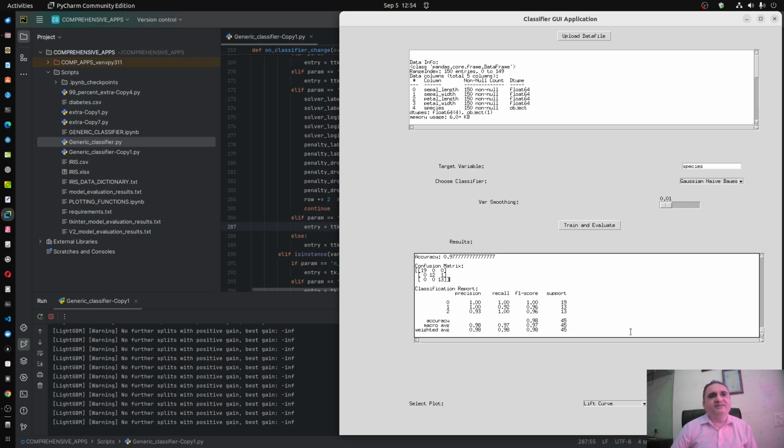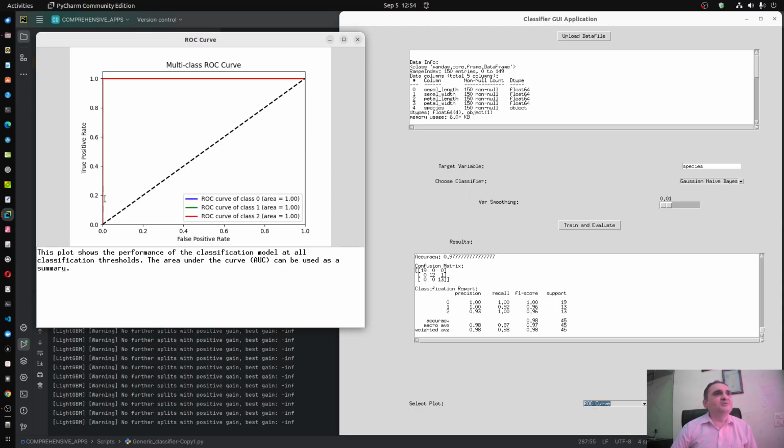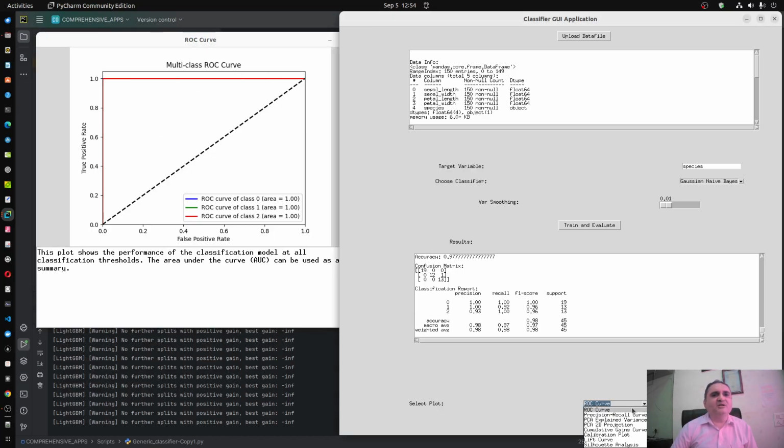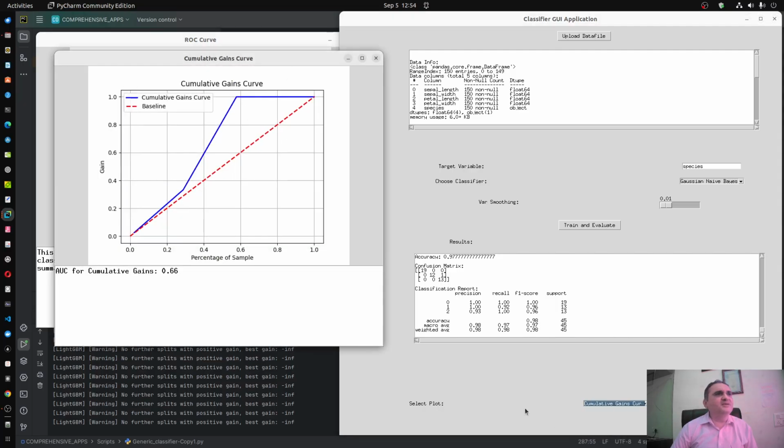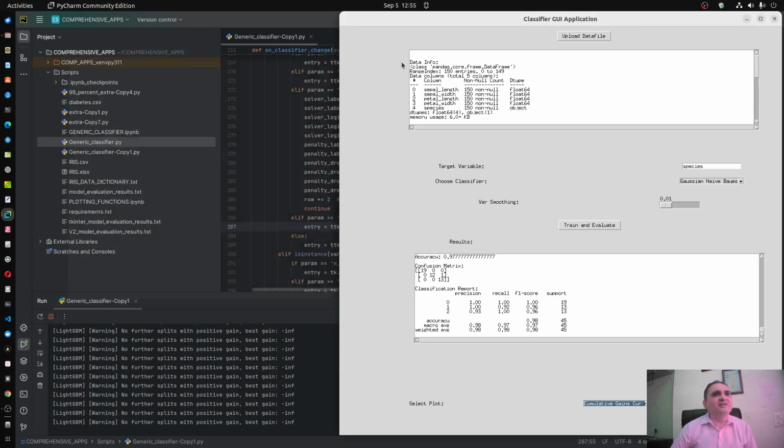That is clear. Okay, and you can see the ROC curve also. It looks almost ideal, but it is not perfect. And you can see the cumulative gains curve, which gives a clearer idea that this is not a 100% accurate model.